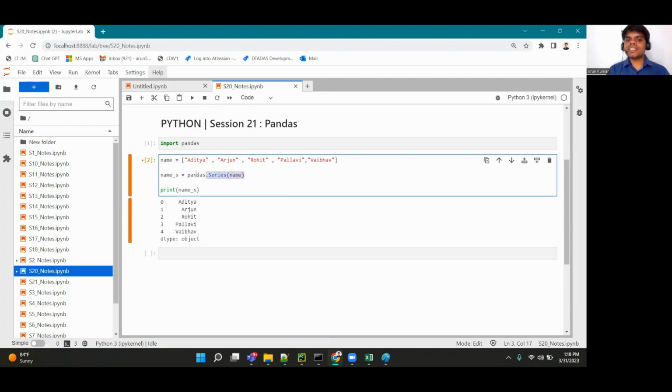So basically, this returns me back an instance of a series object. Okay, so here this is a series. It's converting this list into a series. Okay, now suppose I wanted to